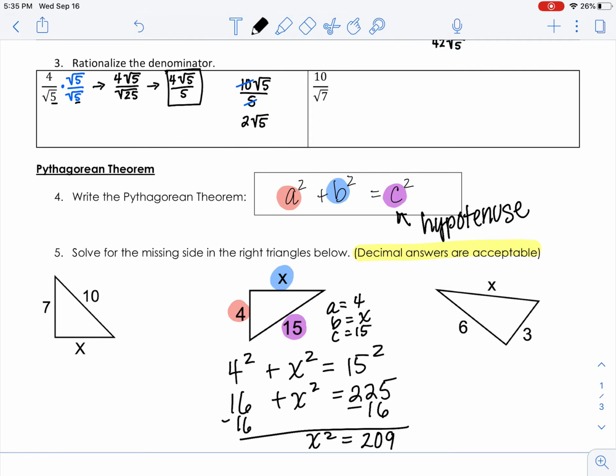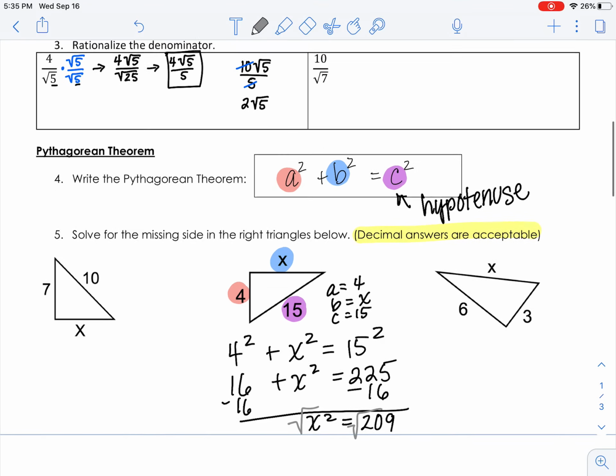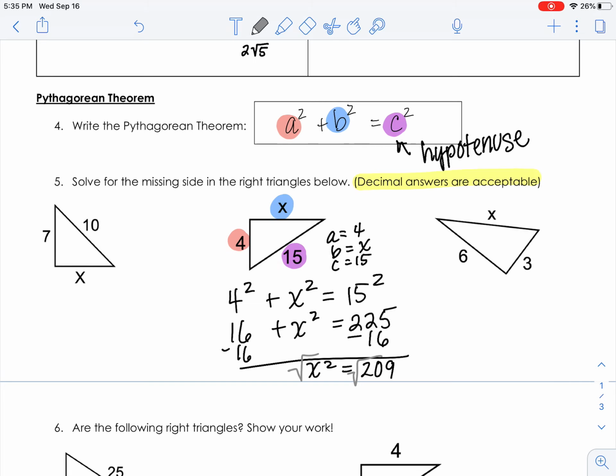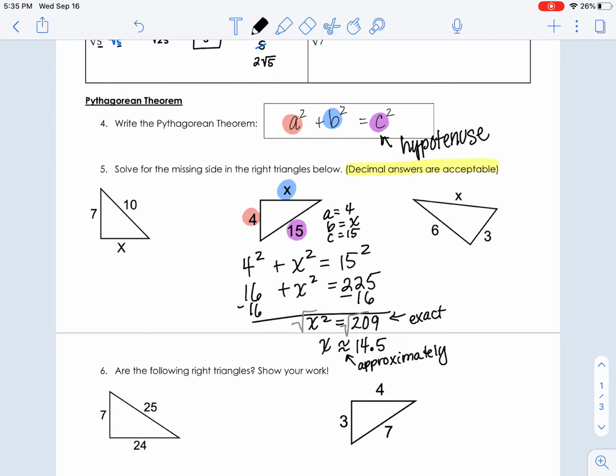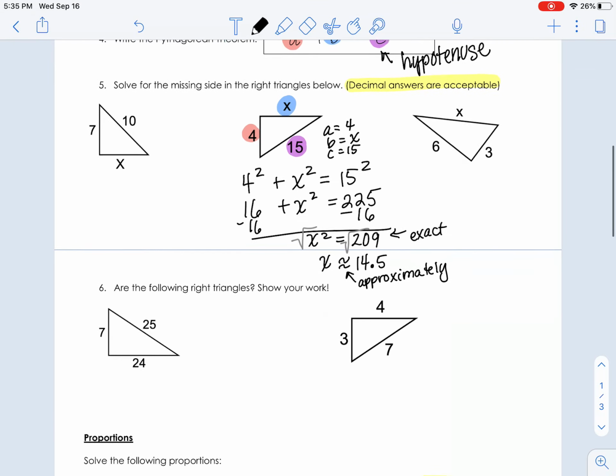So there we go. So the square root of 209 rounded to the nearest tenth is about 14.5. And remember, you want to do the approximately equal symbol. That's approximately, because we rounded. We did not give the exact. The exact answer is the square root of 209. Okay? All right, and then the next section is,